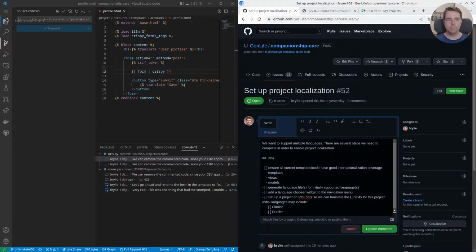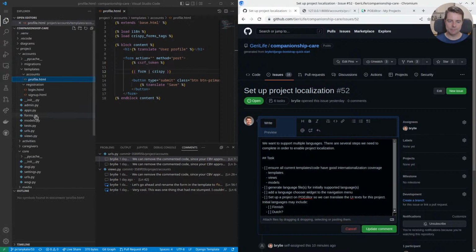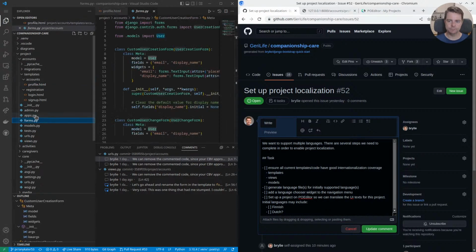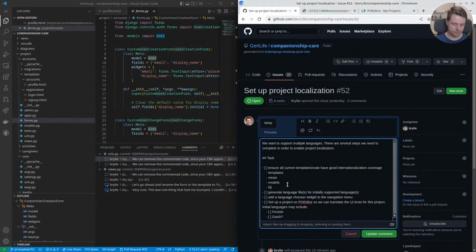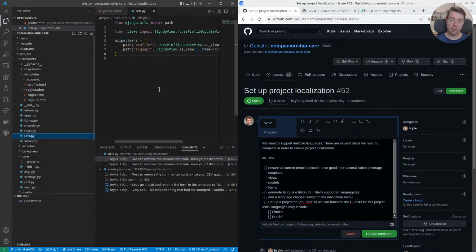Well, what other kind of files are there? I think that's about it. Forms. And again, I'm not going into the URLs, but you can actually localize URLs. And it worked pretty good at first, until I was getting those 404 errors, and the default locale is English, or whatever the default locale is, it